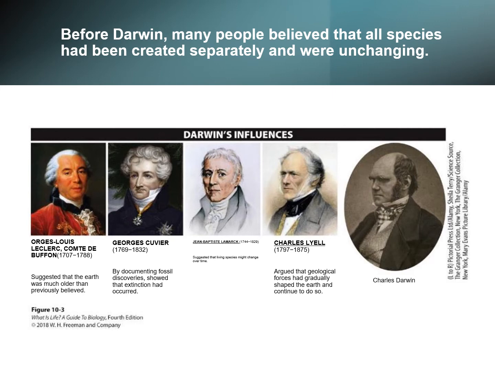The next gentleman is Jean-Baptiste Lamarck. He suggested that living species might change over time. He was kind of wrong in how he phrased things and how he thought it had to have worked, but what he ended up causing was a discussion amongst other